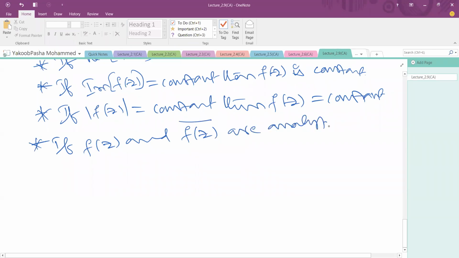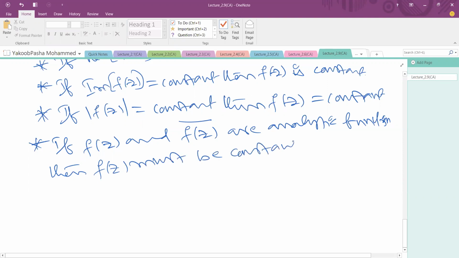Whenever they are analytic functions, then f of z must be constant. f of z is analytic, f of z whole bar is also analytic. In this case, the function f of z is a constant function. Okay. Next,